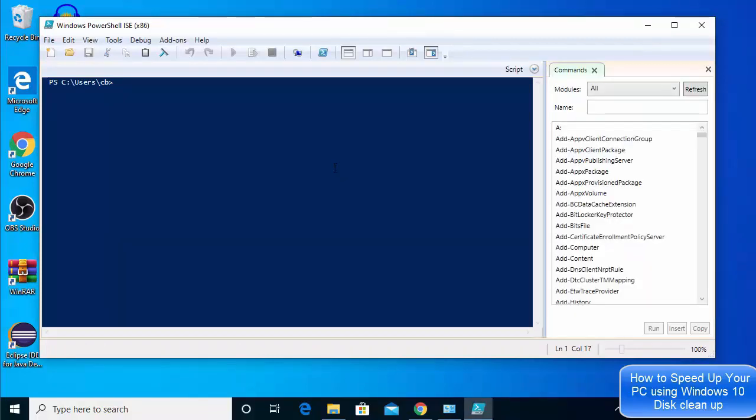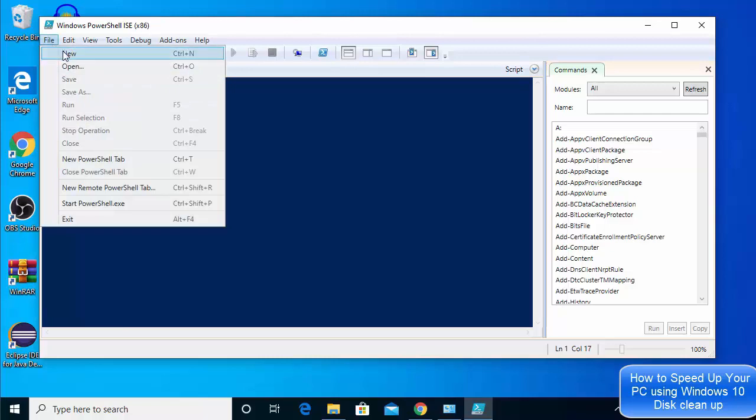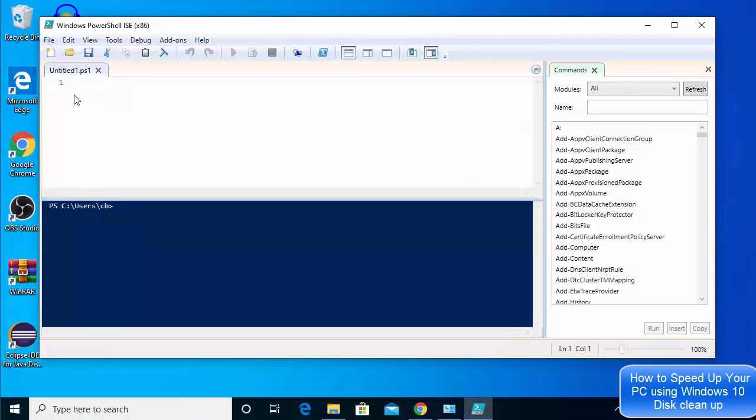So here what we need to do is create a new file. I'm going to click on this option which says new script, or you can click on the new option from here also. Just click on the new option, which is going to create a new script for you. So I have already created this script for you, and what you need to do is